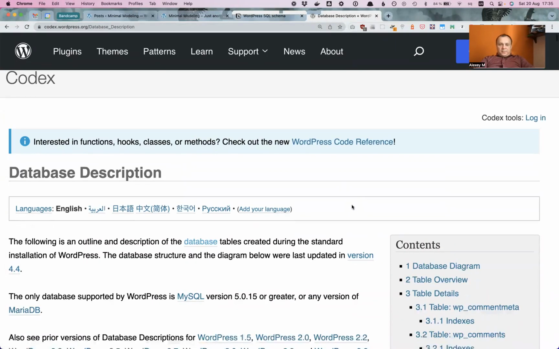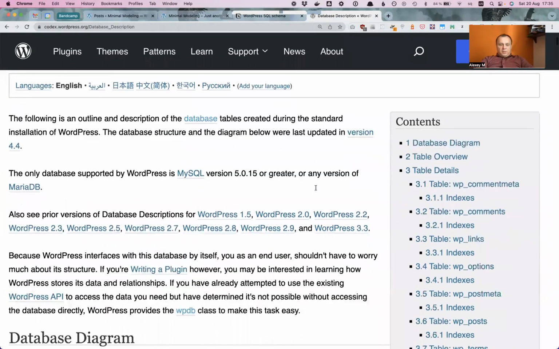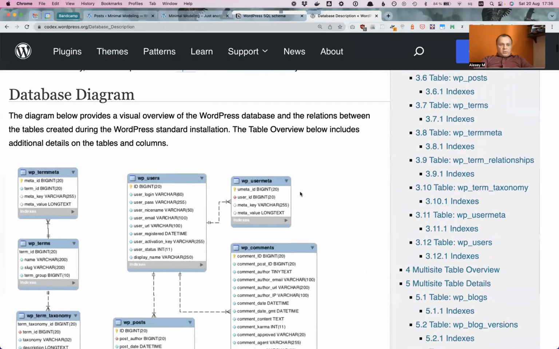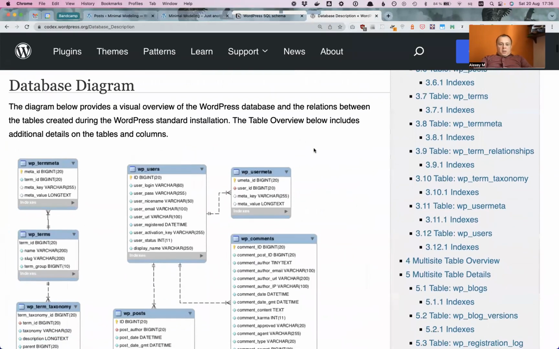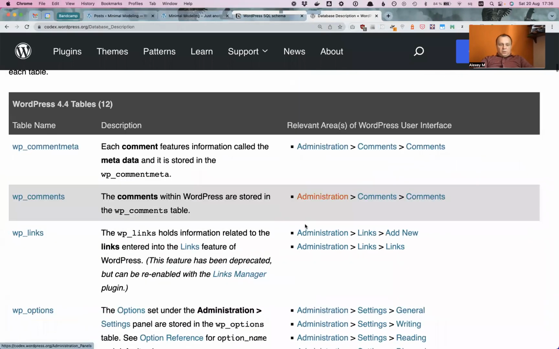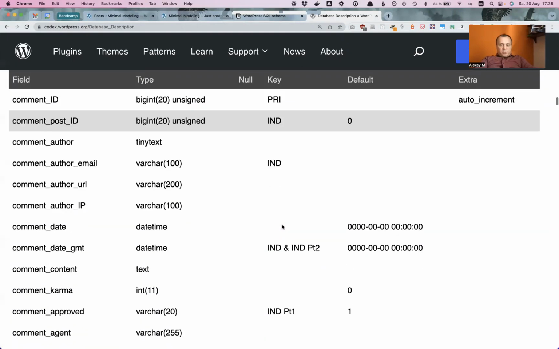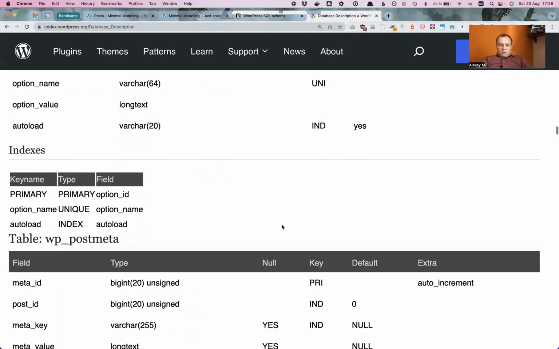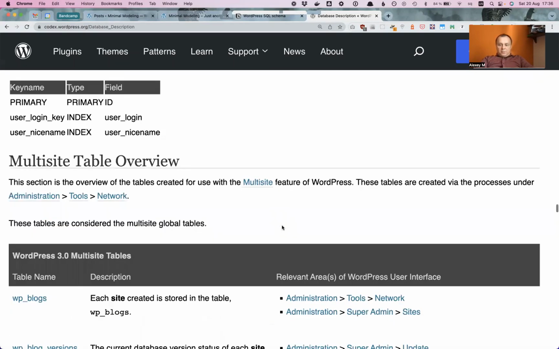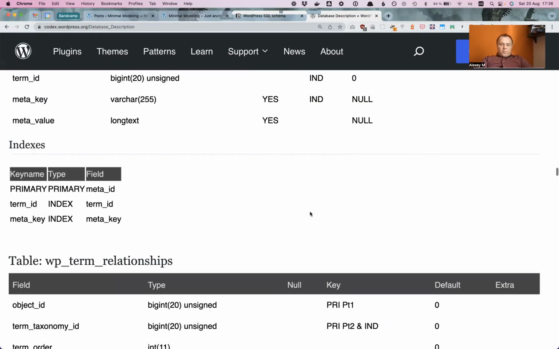WordPress has an official description of the database. You can find it in the official WordPress wiki codex. It has a database diagram, it has an overview of the tables, and it has a description of each table, that is, well, almost not described. Well, not described. Yeah, it kind of has or not. Anyway,